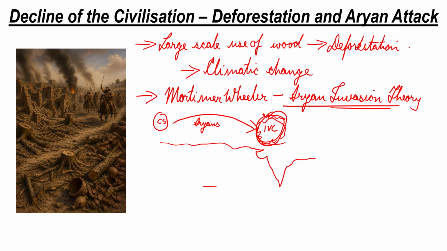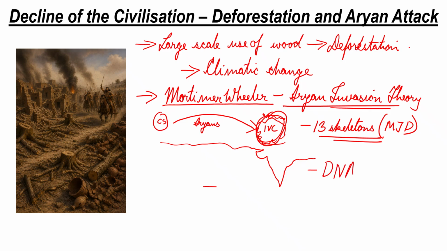But what was the evidence in support of this theory? 13 skeletons were found in Mohenjo Daro. So from these 13 skeletons, Mortimer Wheeler and many other Indian historians also assume that the Aryans attacked Indus Valley Civilization, and that is how Indus Valley Civilization was destroyed. But later on, there was DNA analysis